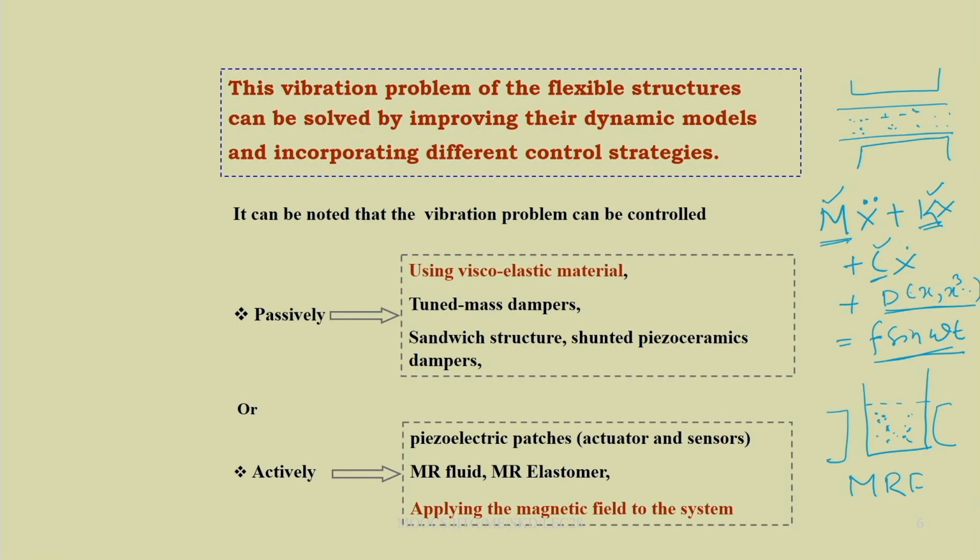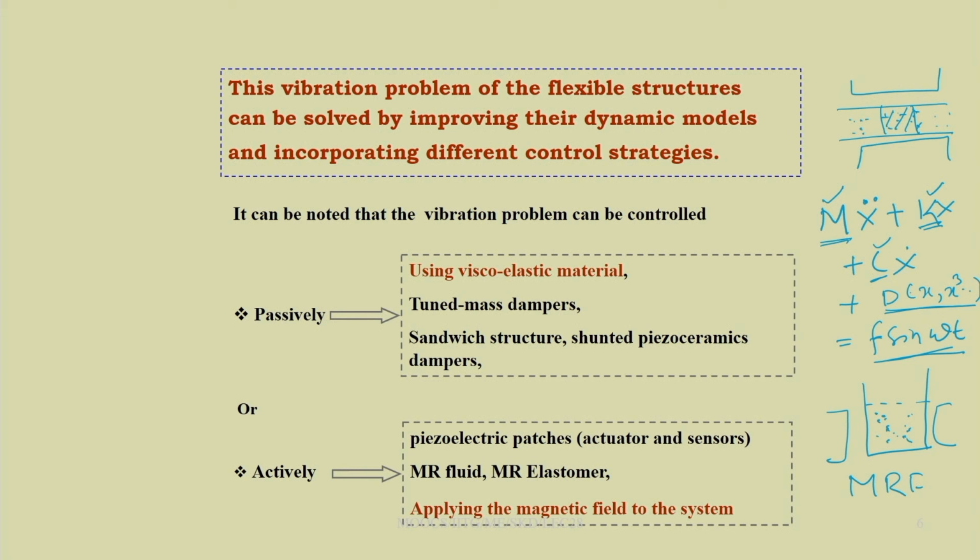In the passive case, we have to replace the whole structure itself, or part of the structure. For example, in this sandwich or rubber-type material, we can put a single patch with magnetic material, and there itself we can apply the magnetic field. This is the active one, but for the passive one, we have to replace the whole viscoelastic structure, or replace the spring part by using another spring. That way we can change the stiffness or the damping of the structure passively by using, for example, viscoelastic material,